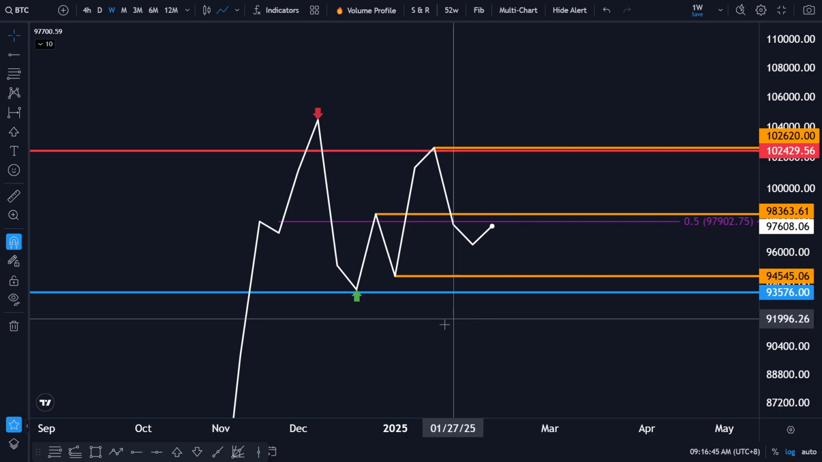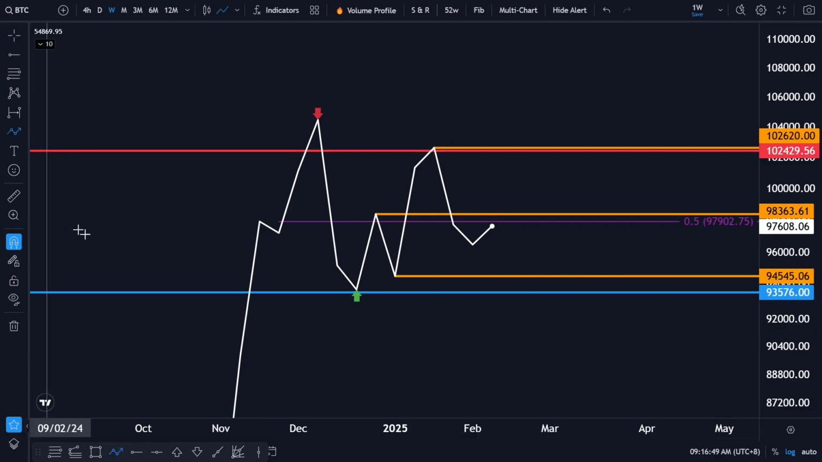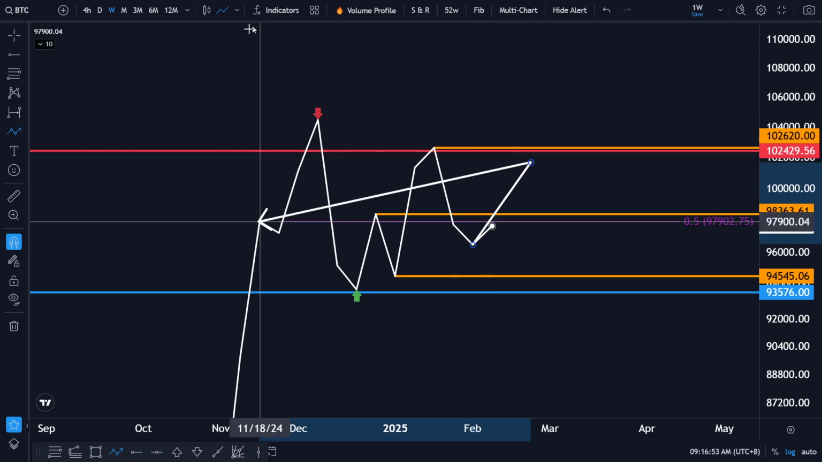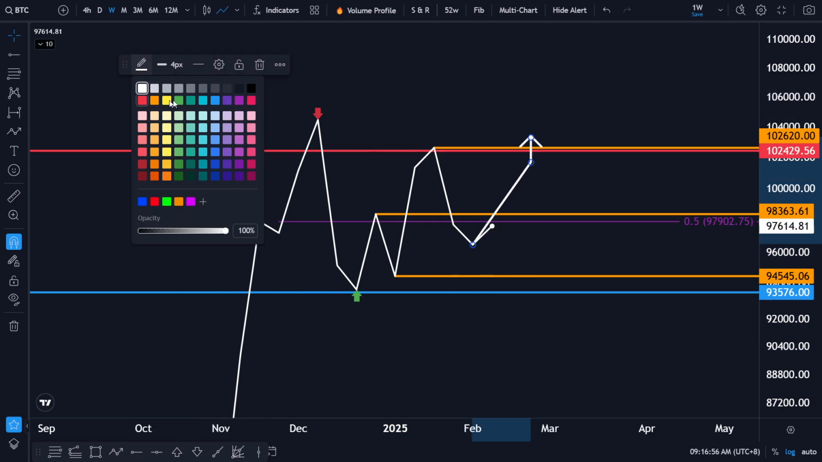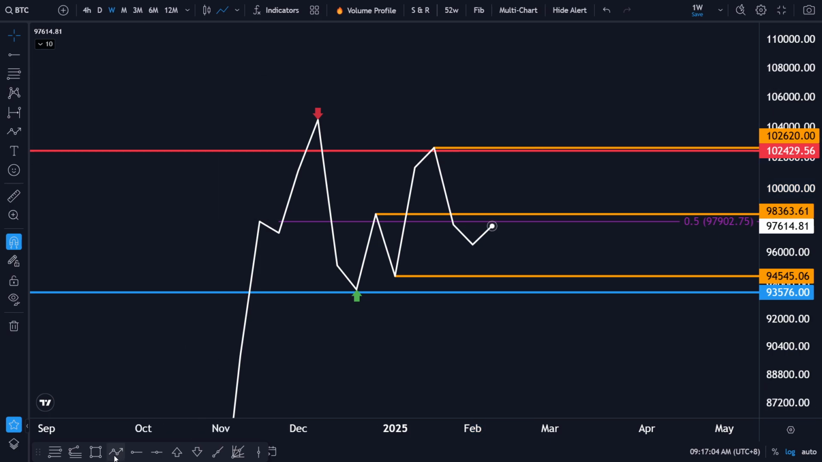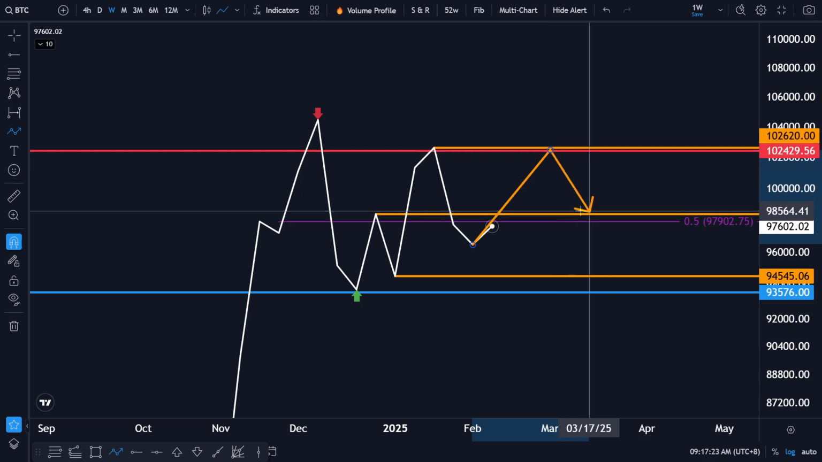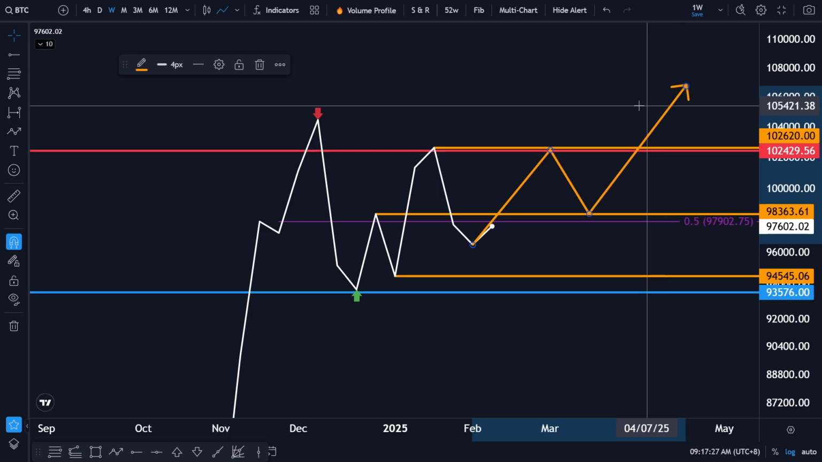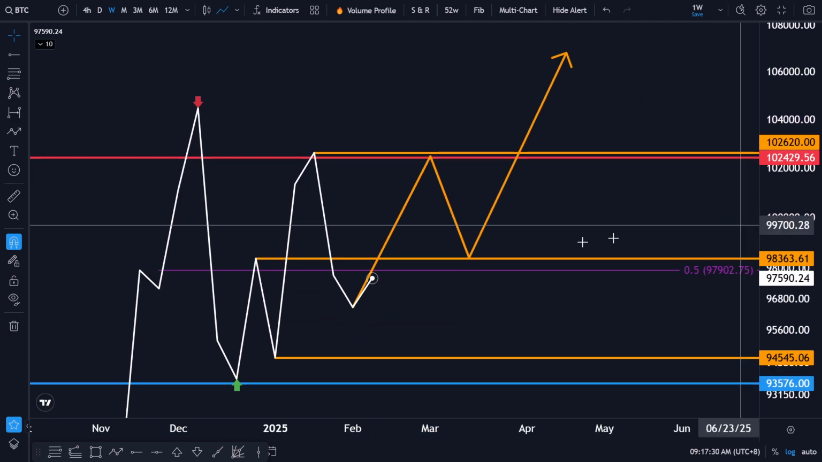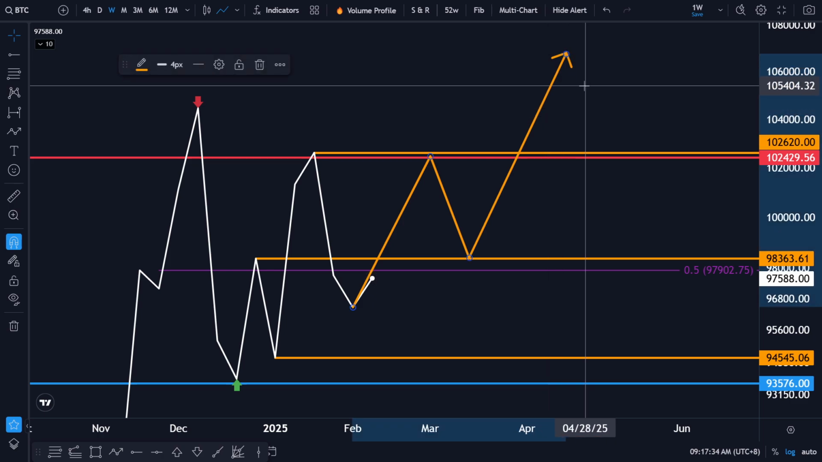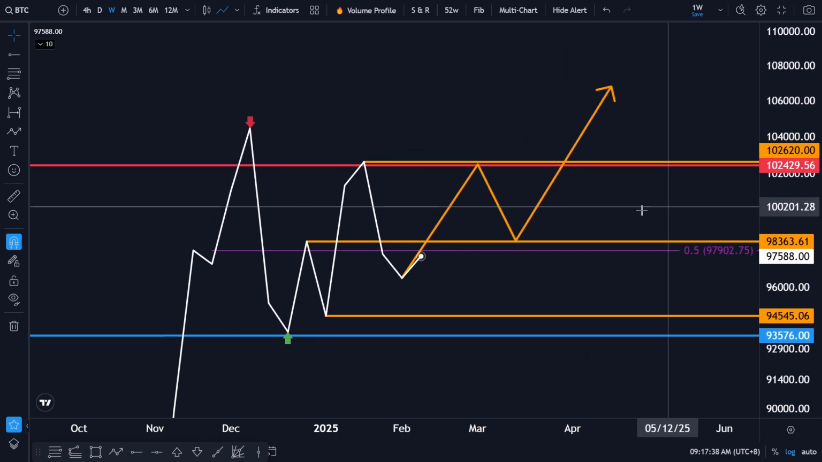So what I would like to see is, let me just change the color. Let's change it to orange. So what I would like to see is for the price action to break this 98,300 level, maybe possibly reaching this 102, do a retest here and then break it. If we will be able to find support here, break this and do another retest on the 102,000, then that's